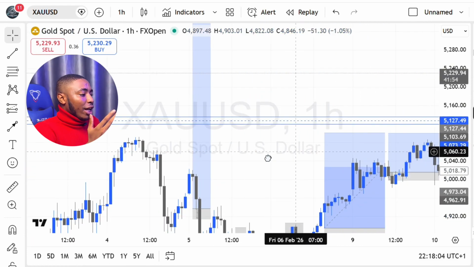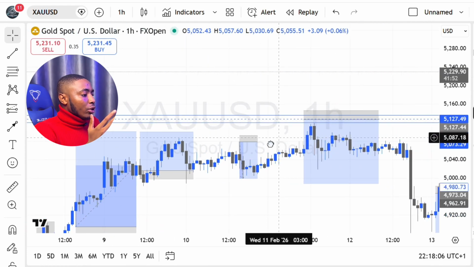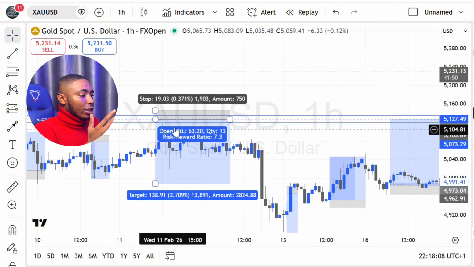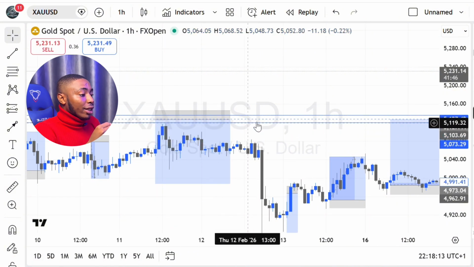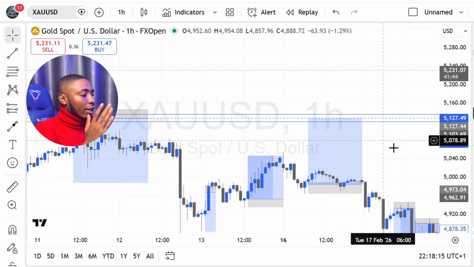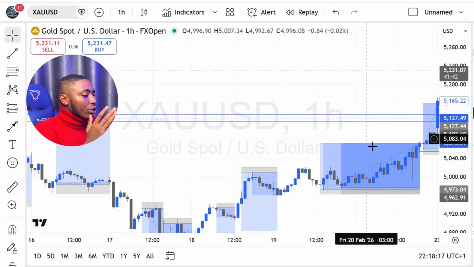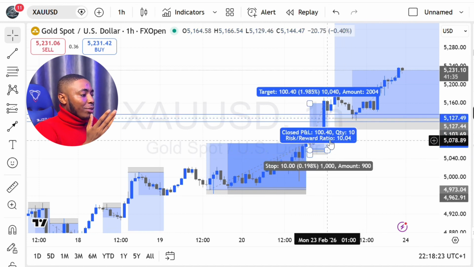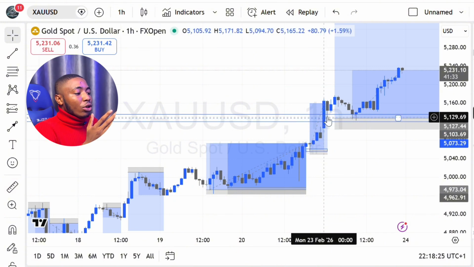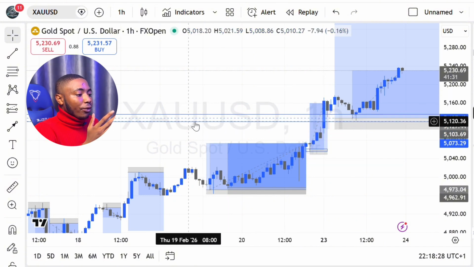Okay, so after I marked that zone, coming all the way to this side, you can see none of all these trades, none of all these candlesticks entered that zone. They were just playing around the zone. So coming all the way to this zone, I was waiting for gold to react there to get a confirmation to sell there. But no, when the market opened, gold pushed all the way to the upside,